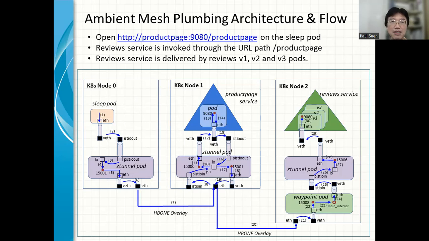For user workloads, first, we have a sleep client container. It is so named because it uses the sleep command to execute the container init process perpetually.